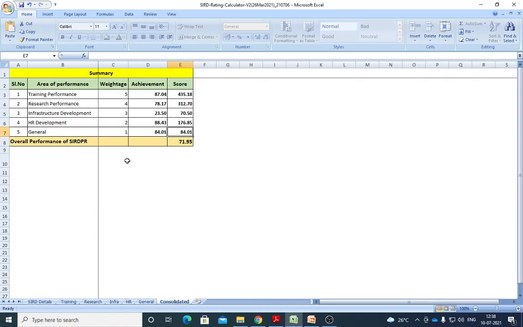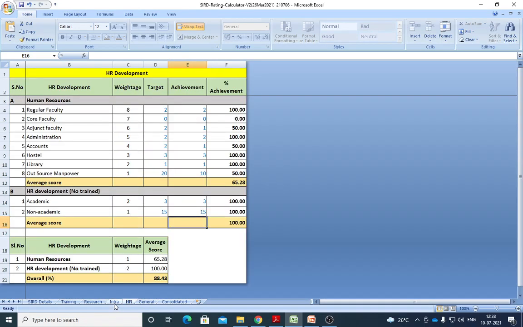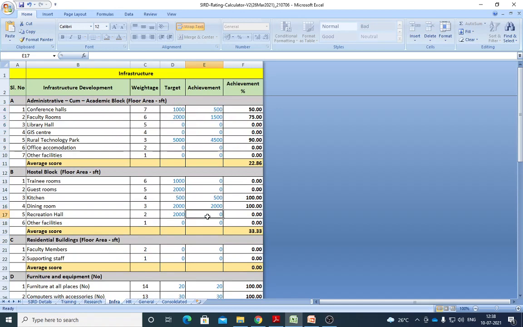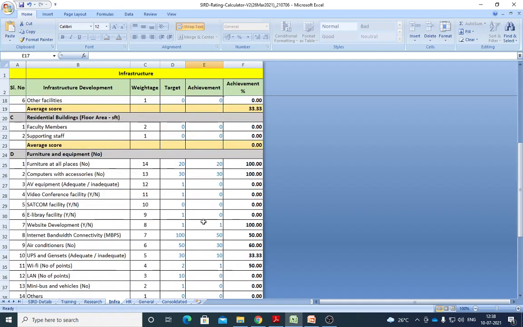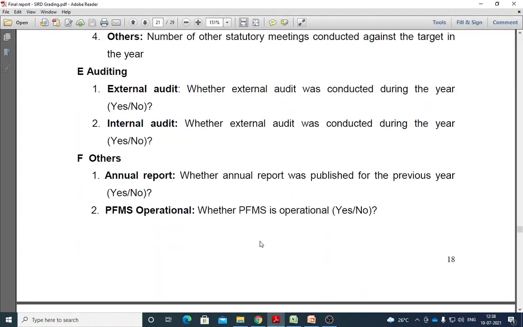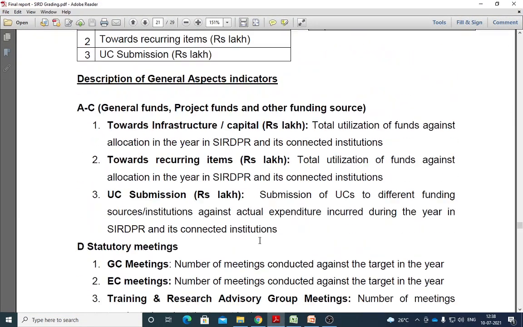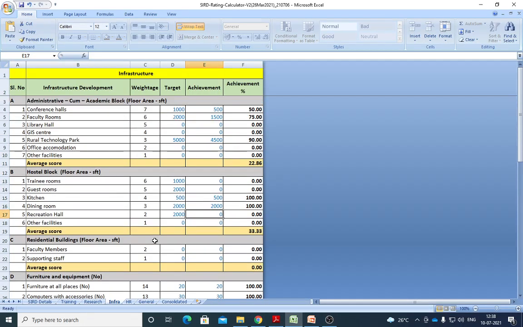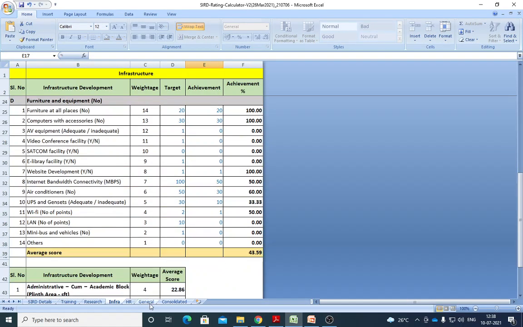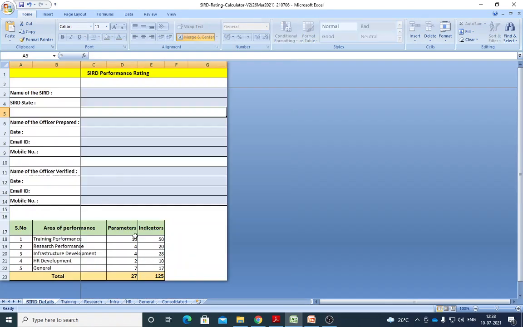Now automatically you will get your overall performance. Don't compare with other states. Just make sure, and this will show us where it is lagging and what help can be given. Likewise we can assess. This is a complete document, also given very nicely. I request everyone, kindly go through it and fill carefully. If you have any queries, please contact us and kindly fill the data and quickly submit to NIRD, because we got so much delay in this, and we need to do a lot of analysis also.